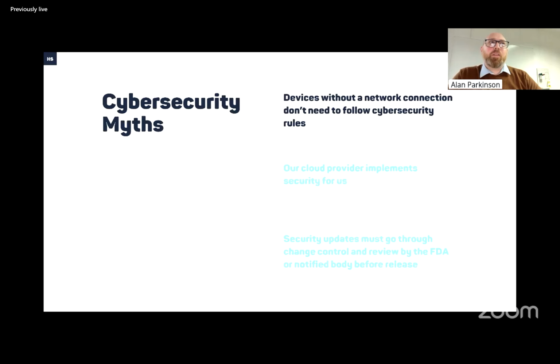I could put in a USB device and try and access files. I could put a network connection in via the USB port to try and interface with the device. Previously, it didn't have a network interface. I could be putting a keyboard in to make changes to the device. There's lots of ways I could use that USB port. So the FDA actually do look to see if you've considered it. They'll consider it a low-risk device, but they want to see that you've considered these different options and you've actually